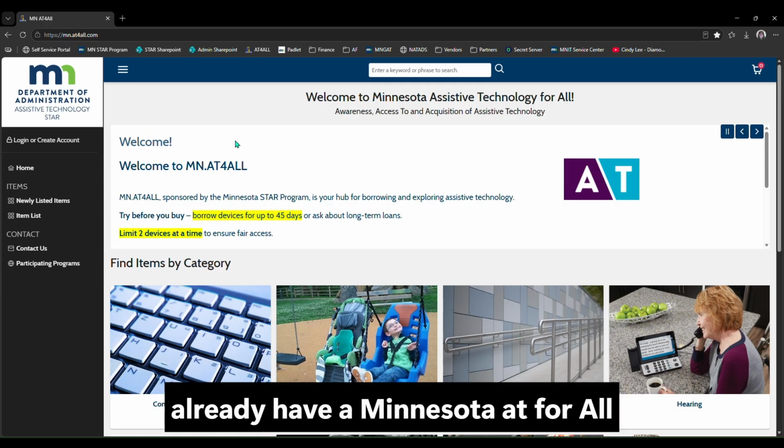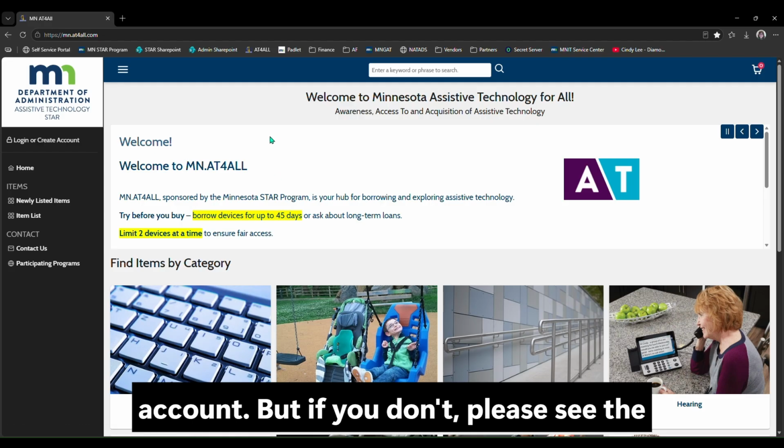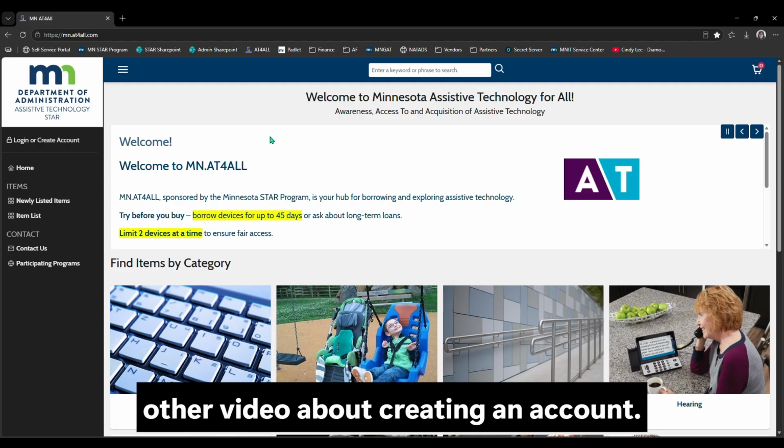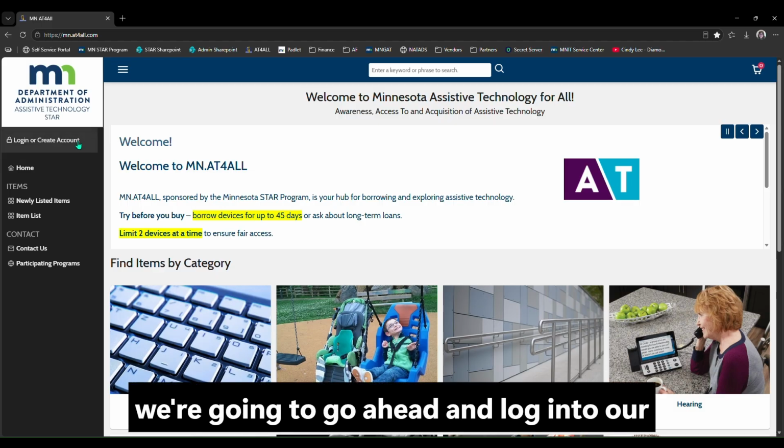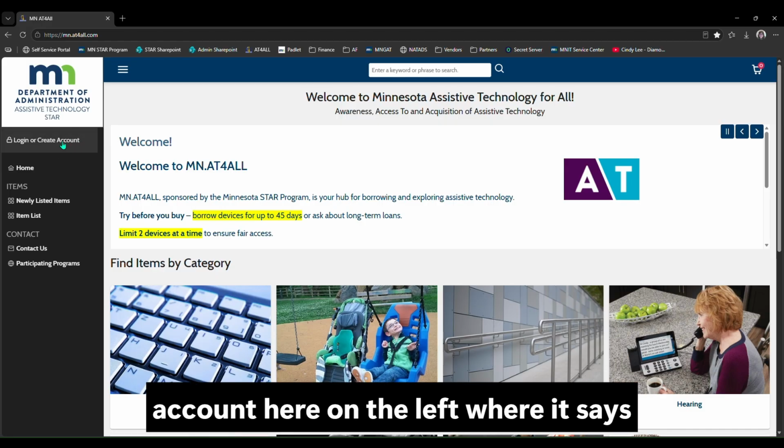And you should already have a Minnesota AT4ALL account, but if you don't, please see the other video about creating an account. But since we already have an account, we're going to go ahead and log into our account here on the left where it says login or create account,